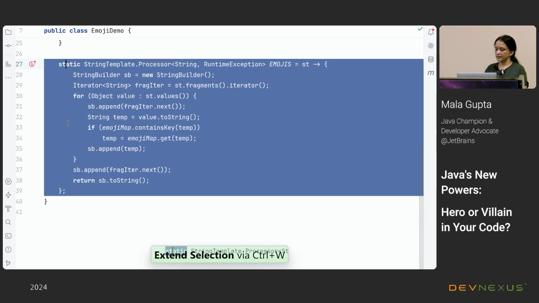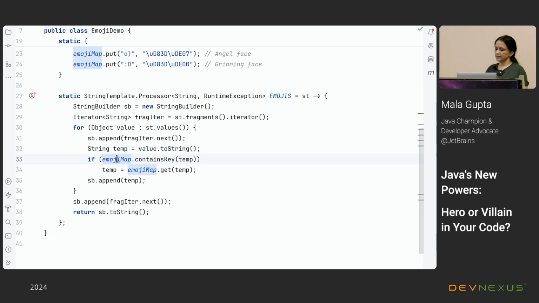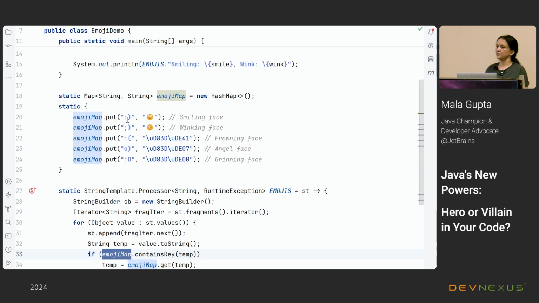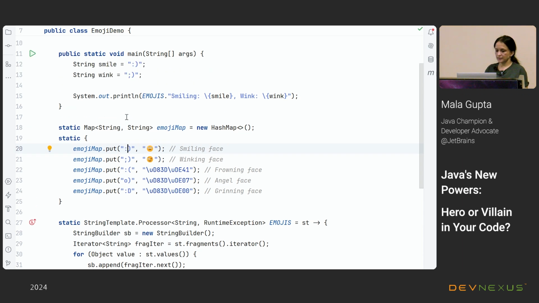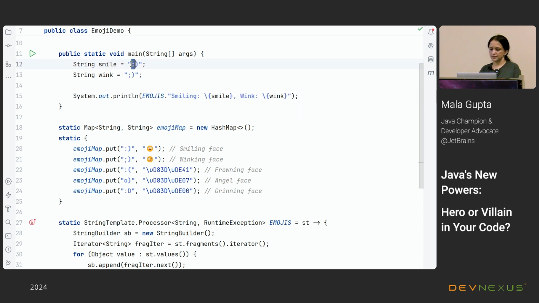What it does is, whenever it sees a value which is contained in the emoji map, it replaces the key with the value. So these are the keys and values that I have here, and when I use this template with a string like this, I am replacing this value with this value, and this value with this value. Let me run this code.